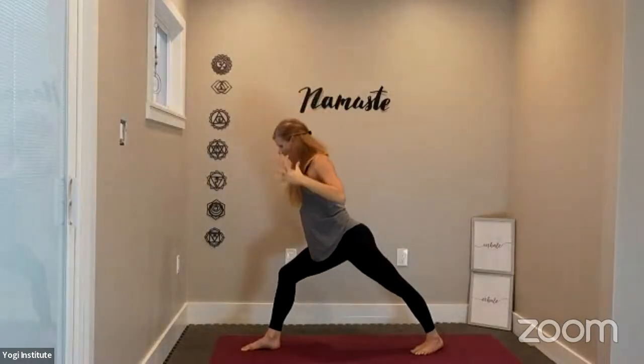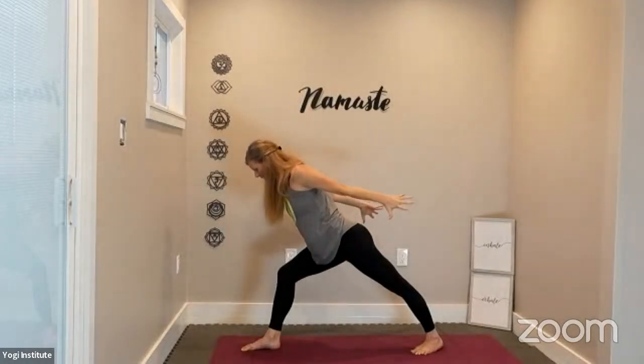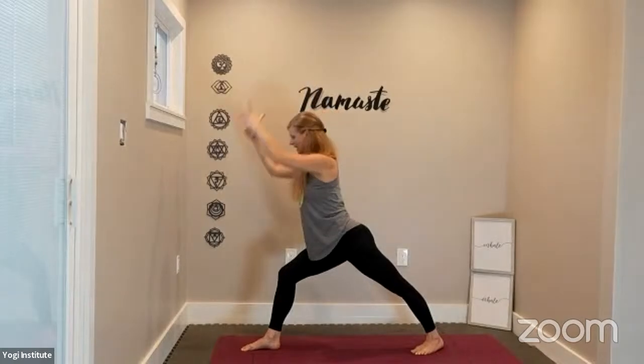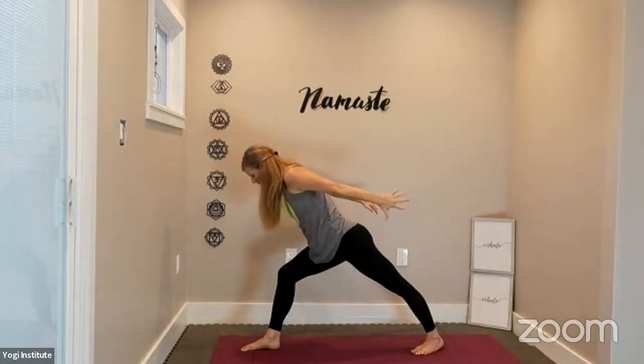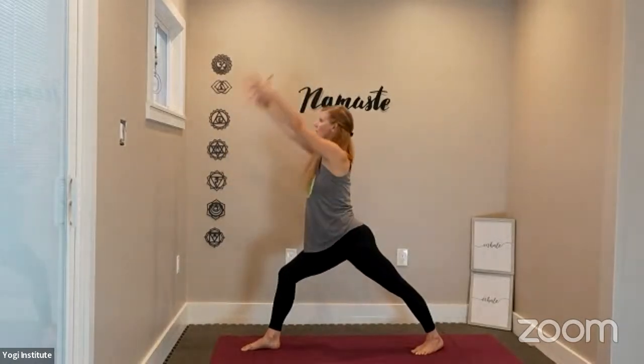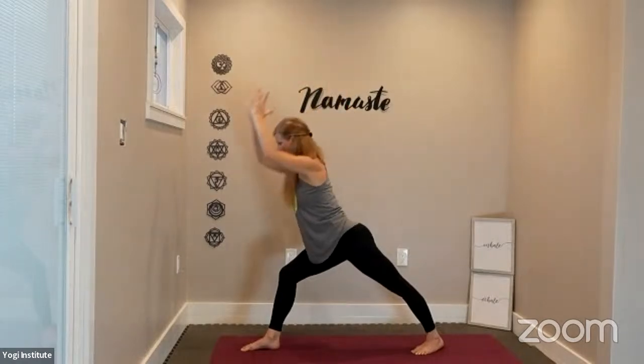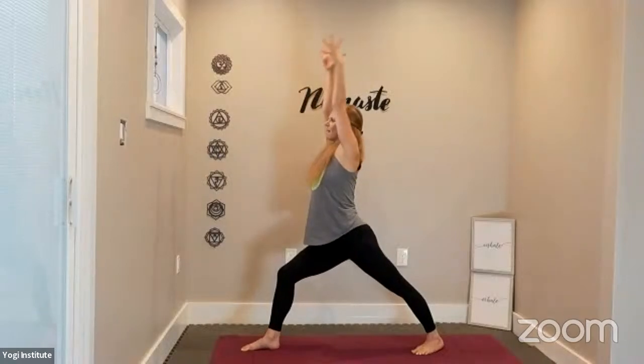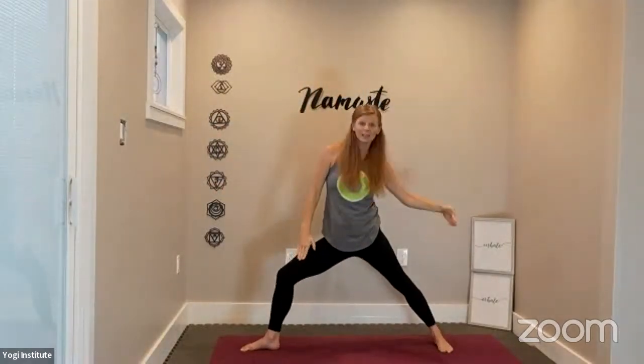Exhale, sweep the hands back, lengthen the crown forward. Inhale, arms up. Exhale, sweep the hands back, lengthen the crown forward. One more, inhale, arms up. Exhale, sweep the hands back, lengthen the crown forward. Inhale, arms up. Exhale, open up to your warrior two, paralleling your back foot to the back side of your